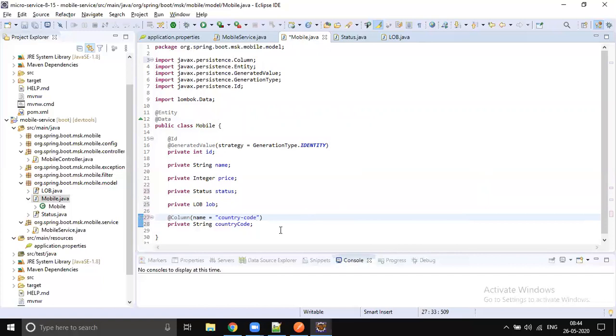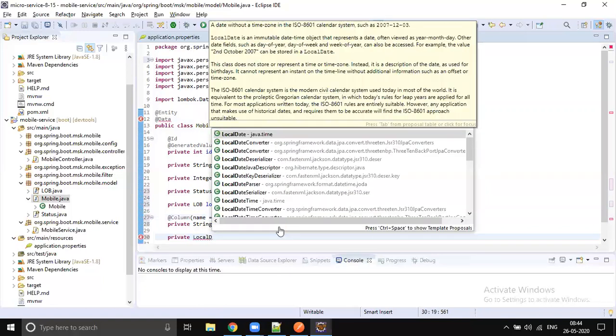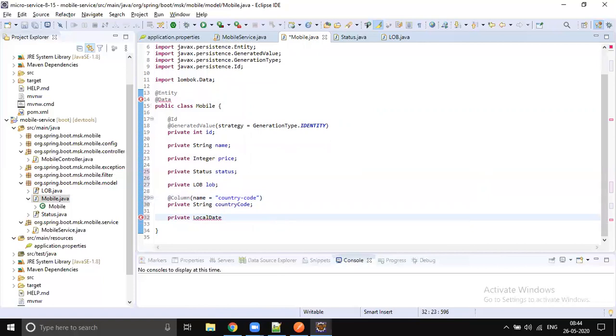And some date. Let's use LocalDate, which is Java 8. Okay, Java 8 feature. So let's use that, and let's give publicationDate, right? Yes, there we go.